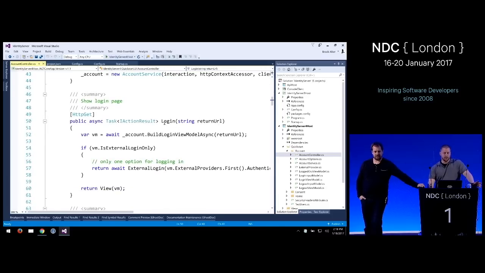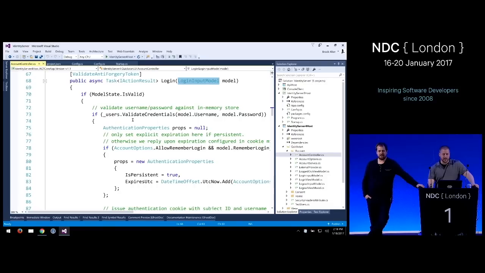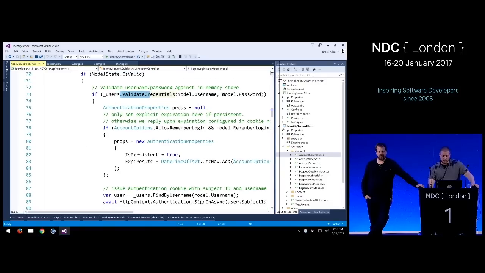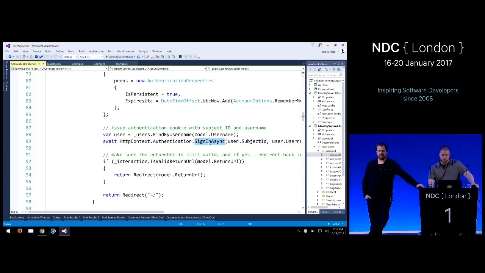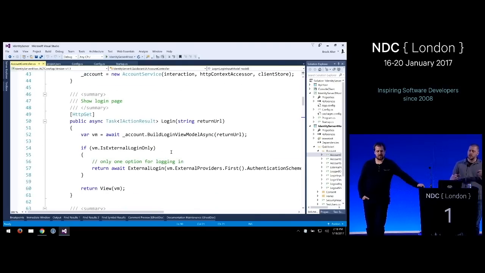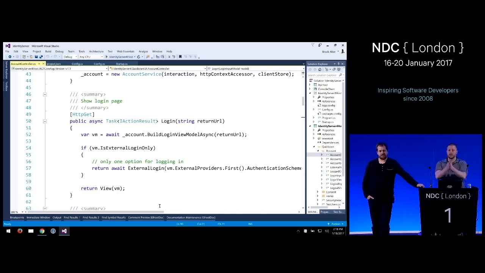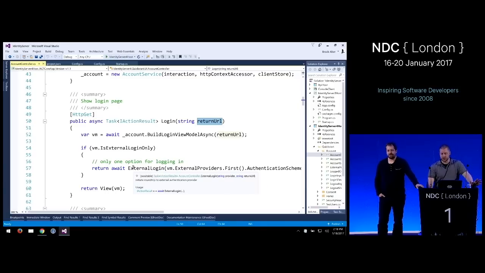So the first login action is really just showing a login page. When you post back valid credentials and you validate them, you authenticate the user. You issue the local cookie, and this is just using the standard cookie authentication middleware in ASP.NET Core. The other thing, as Dominick mentioned, is the workflow: your application needs the user to log in, so they first send the user to IdentityServer, and IdentityServer sends the user to your login page. We then pass you as a parameter where to send them back once they have signed in. This is back into our authorization endpoint.